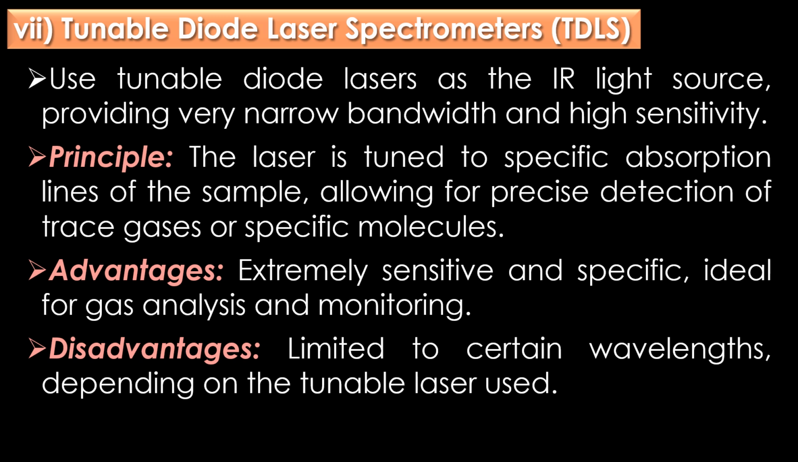The seventh type of IR spectrometer is tunable diode laser spectrometers. In short form, it is called TDLS. The TDLS spectrometers use tunable diode lasers as the IR light source, providing very narrow bandwidth and high sensitivity. Working principle: the laser is tuned to specific absorption lines of the sample, allowing for precise detection of trace gases